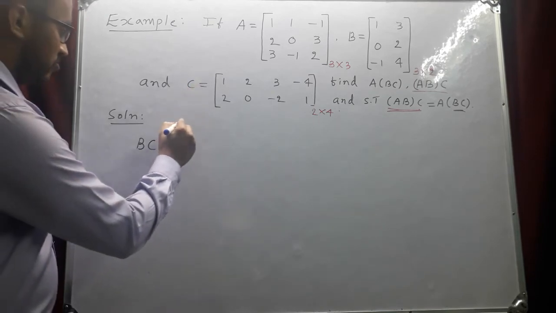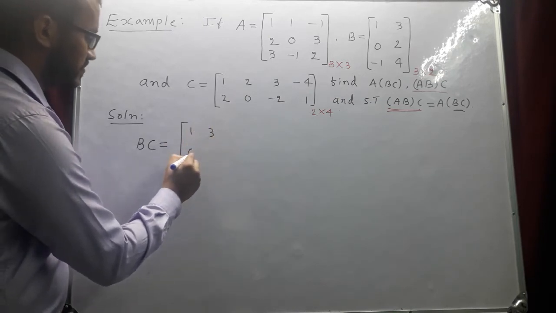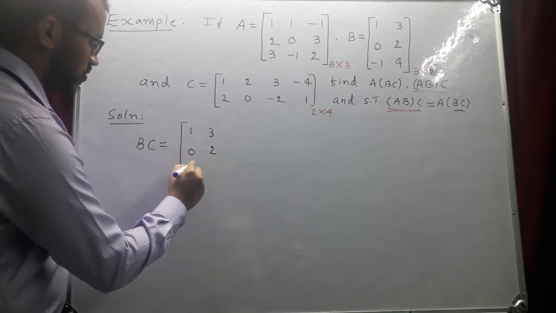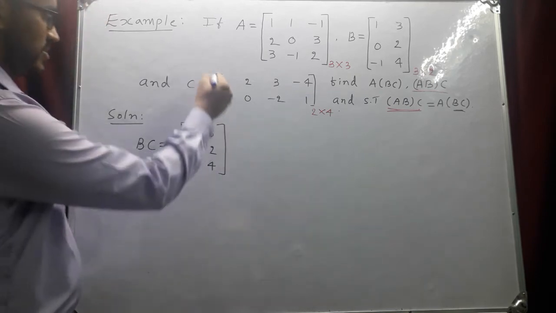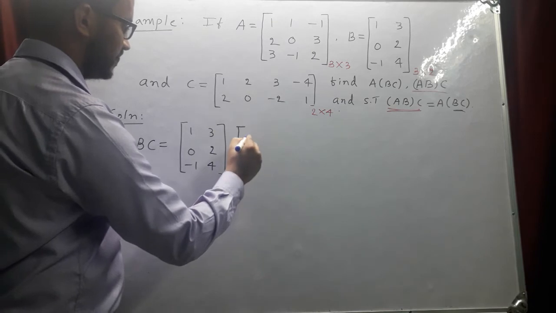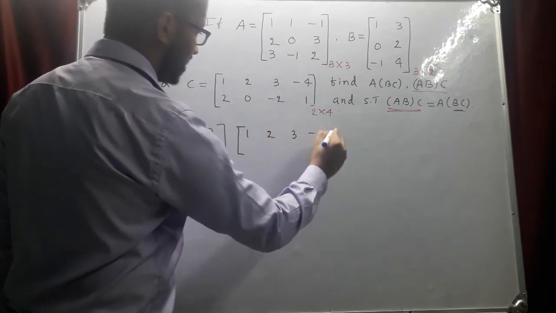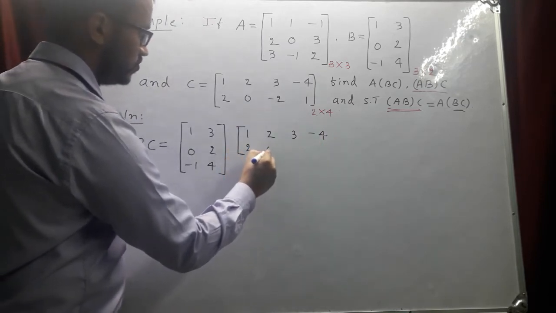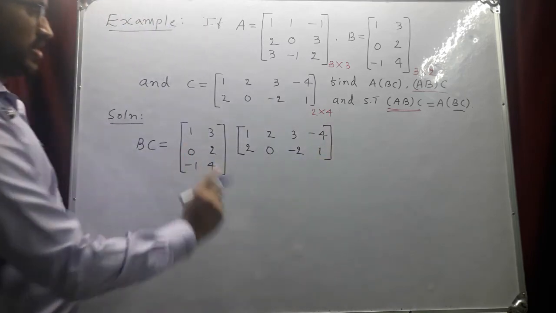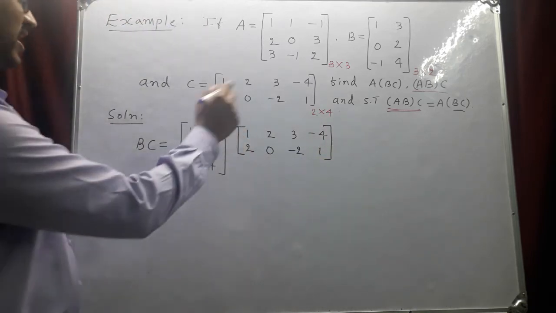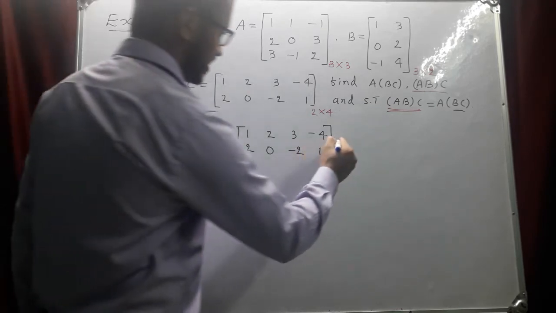Matrix B, they have given 1, 3, 0, 2, minus 1, 4, and C. So this is the matrix C: 1, 2, 3, minus 4, 2, 0, minus 2, 1. So they have given the matrices B and C. Let us find the product BC. So that is equal to,